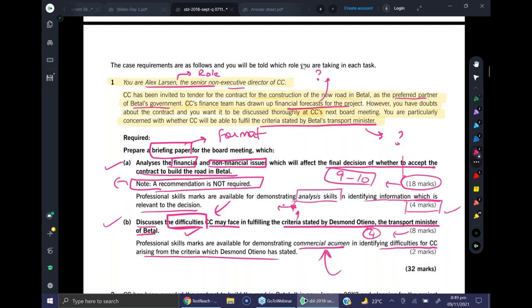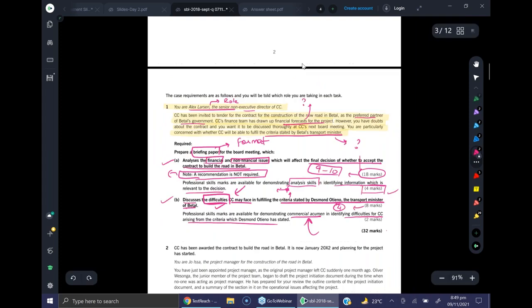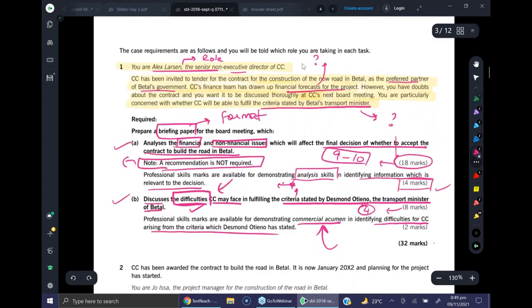So the first requirement is a total of 32 marks. Now if I have to solve this exam,